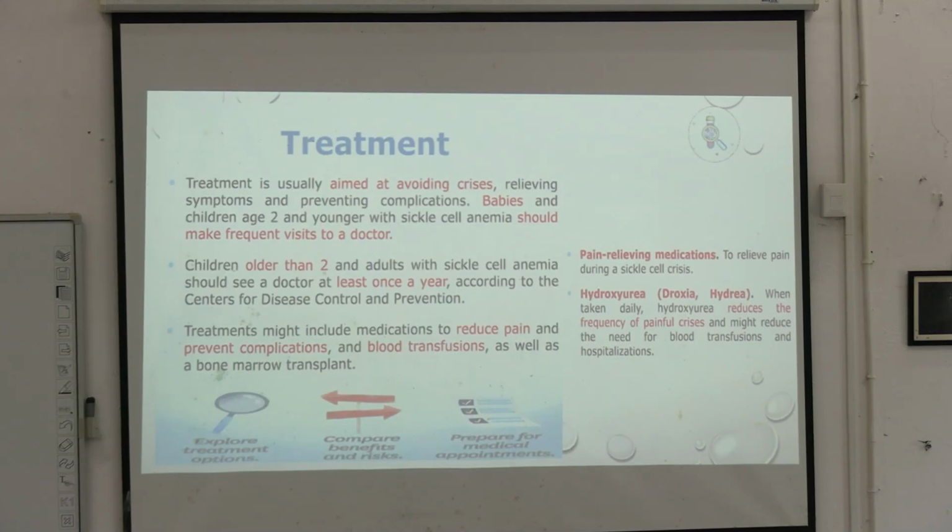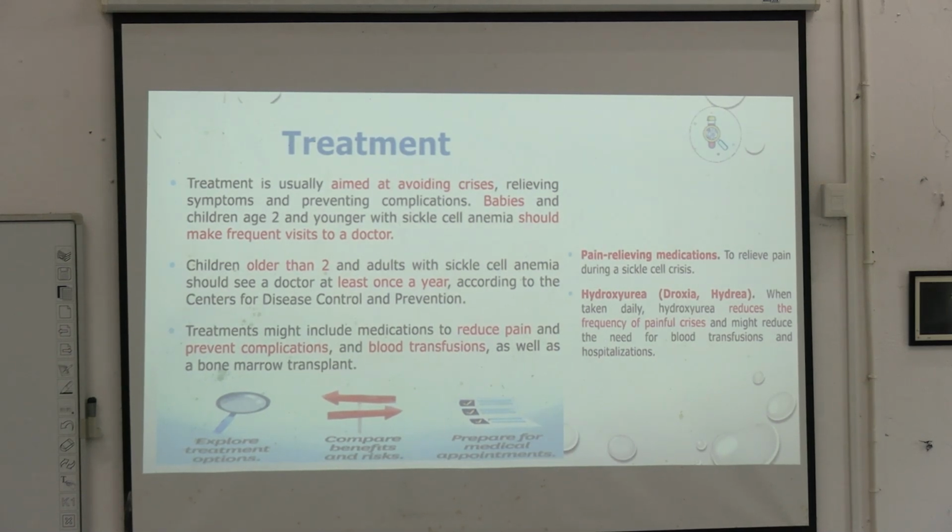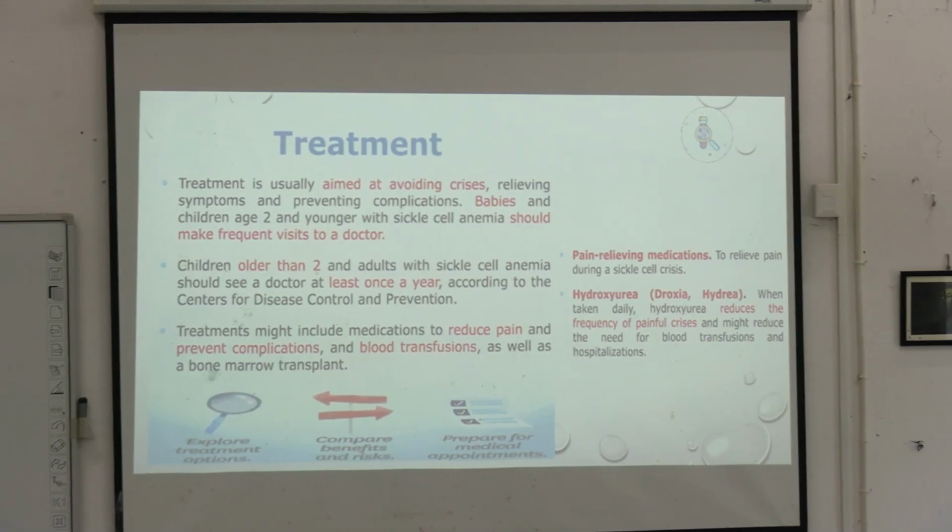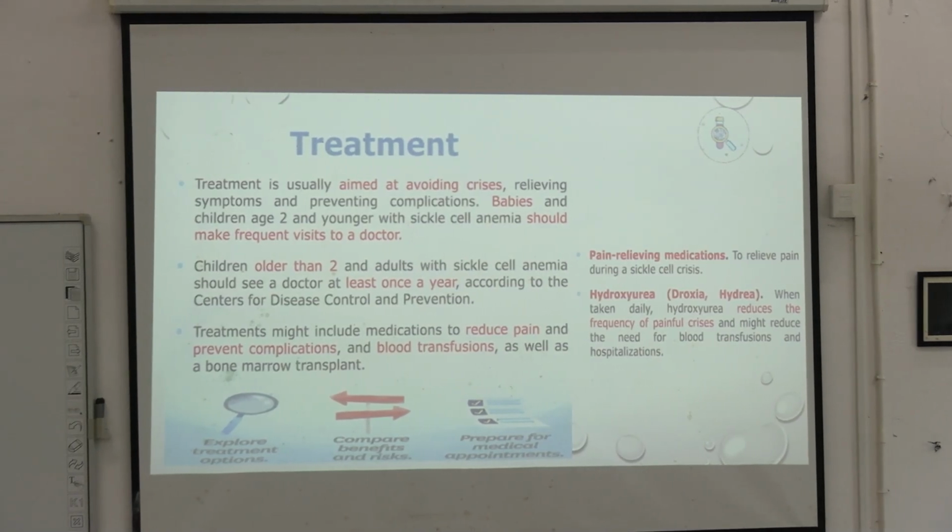And if the hemoglobin is very low, you have to obviously give a blood transfusion to the patient. And finally, bone marrow transplant is the treatment. But everyone cannot afford bone marrow transplant. So these patients usually will lead a normal life if you do these treatments. You have to give them pain medications and you have to prevent or treat the anemia. So this is how you treat a patient of sickle cell disease. You can write this if any question comes. It is very important for MCQs also.